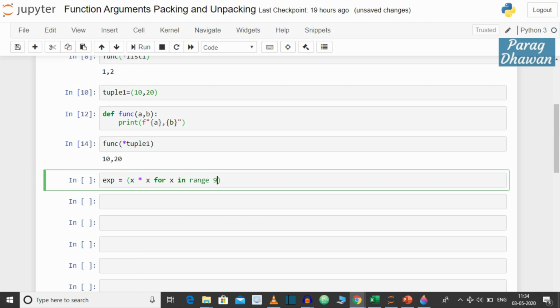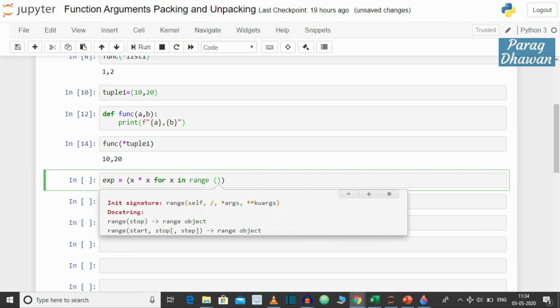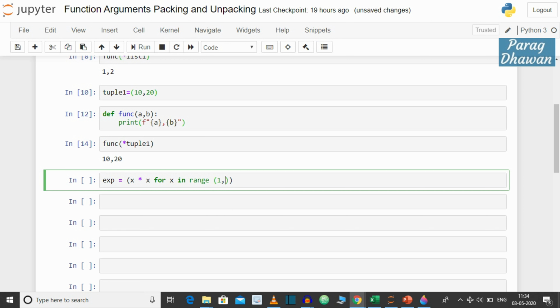The starting value of the range is 1, meaning we are starting from 1. We have to generate 2 values, so we write 3 here, because it runs until the stop limit minus 1. We want it to run for 1 and 2, therefore we write the stop limit as 3. It will run for 1 and 2. The step size by default is 1. It will generate 1 into 1, 1, as the first element, and 2 into 2, 4, as the second element. Click on the cell, run the cell.